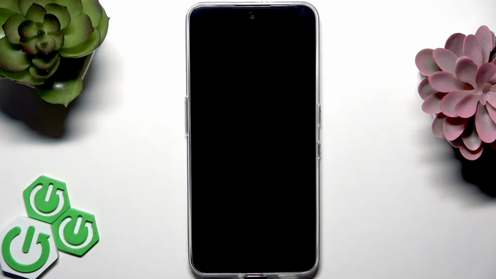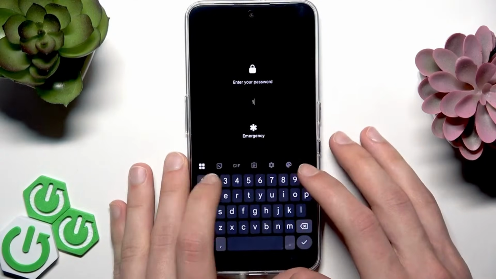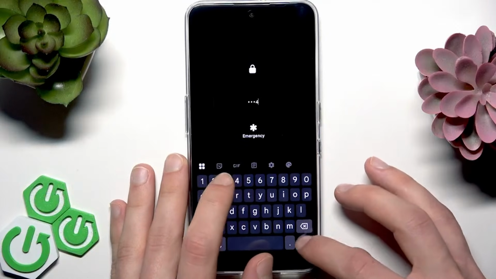If you can perform it locally, then use the recovery mode of your smartphone. If you don't know how to reset through recovery mode of your Nothing phone, we have an entire video on our channel explaining how to do that step by step, and you're highly welcome to go ahead and check it out. However, you can also perform the factory reset operation remotely if you have a Google account set up